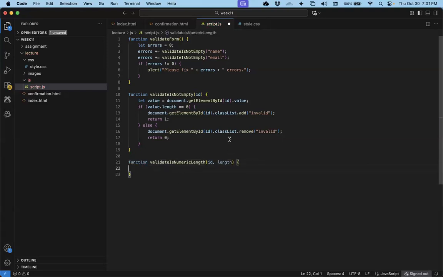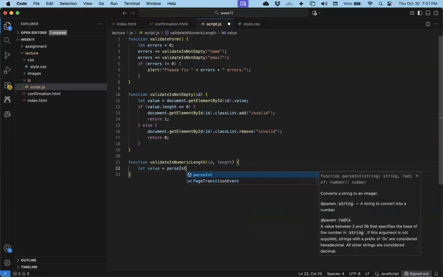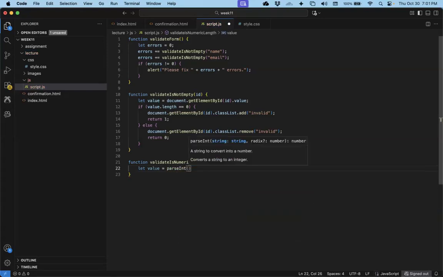Okay. And then it's going to basically do the same logic as we had here in the validate is not empty. So the first thing I'm going to do is say let value equals... I want to do the get element by ID, but I want to parse it into an integer. So I'm going to use a function here called parseInt. What this is going to do is read the value from the text box and try to convert it into a numeric